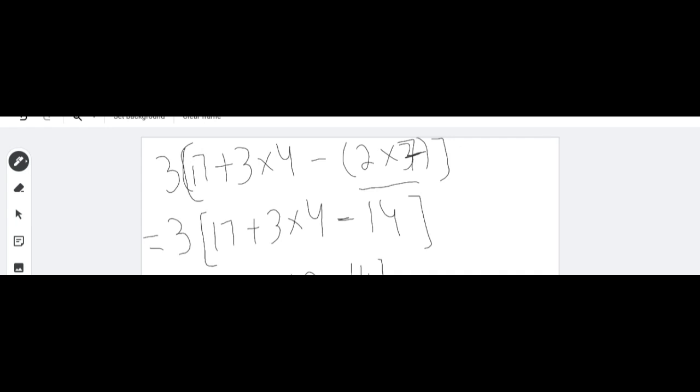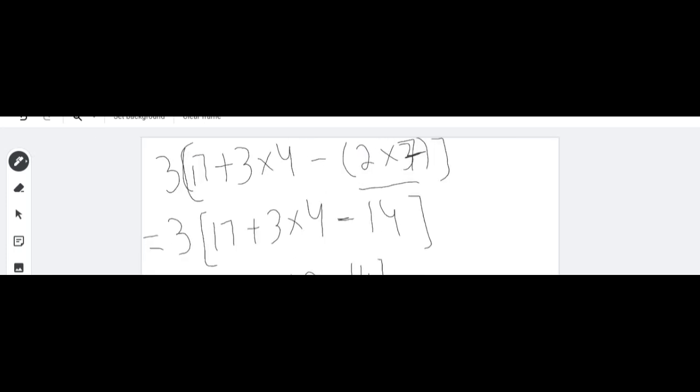Now after solving this, the answer is 15. 29 minus 14 is 15. Now here I have the square bracket. Why did you put 3 over there? There is a 3 in the question, after the division we have the 3. Yes, 29 minus 14 is equal to 15. Now we have the square bracket, there is no sign between them, so we have to do the multiplication between 3 and 15 and the answer is